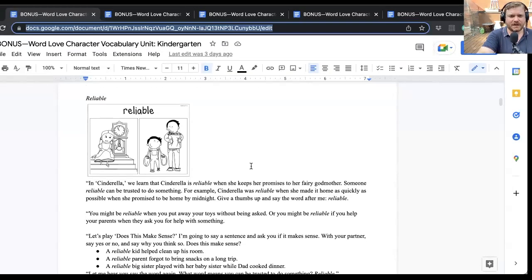The first game I want to share with you is something that you'll often see on a day 1 or a day 2 when you're introducing the individual character vocabulary words. It's called Does This Make Sense? You'll see this game appear in kindergarten, first and second grade character vocabulary. Let me just show you an example of it from the kindergarten unit. You introduce the word reliable, you say how it appears in the text that you're reading, Cinderella in this case,